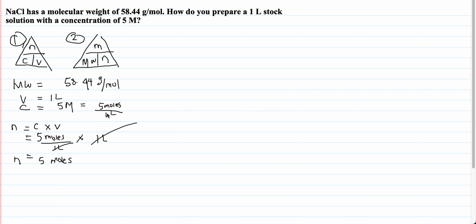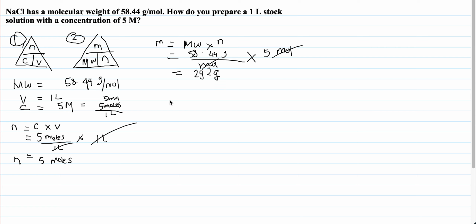Now, to figure out how many grams that corresponds to, we need to plug it into the second formula, which is mass equals molecular weight multiplied by the number of moles that we need. Since we already figured out the number of moles that we need, we just multiply the molecular weight, which is 58.44 grams per mole, with the number of moles that we need, which is 5 moles. The units cancel out, so we just have to multiply 58.44 grams with 5, and that comes around to 292